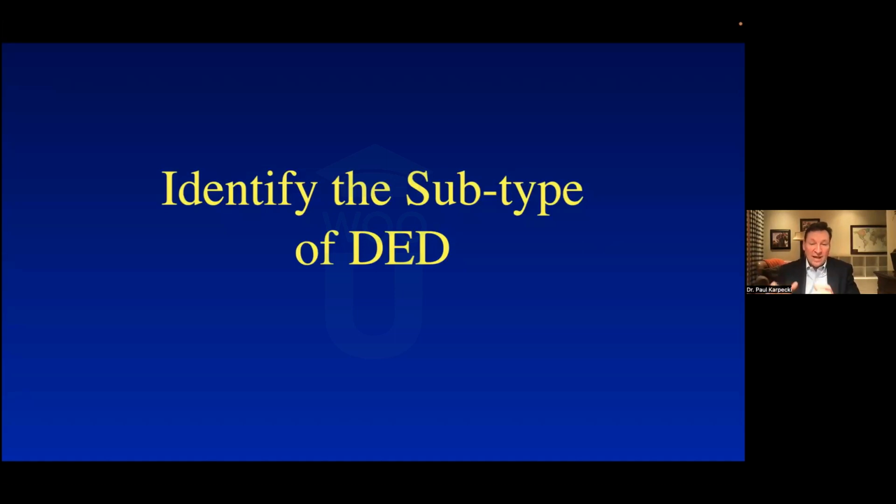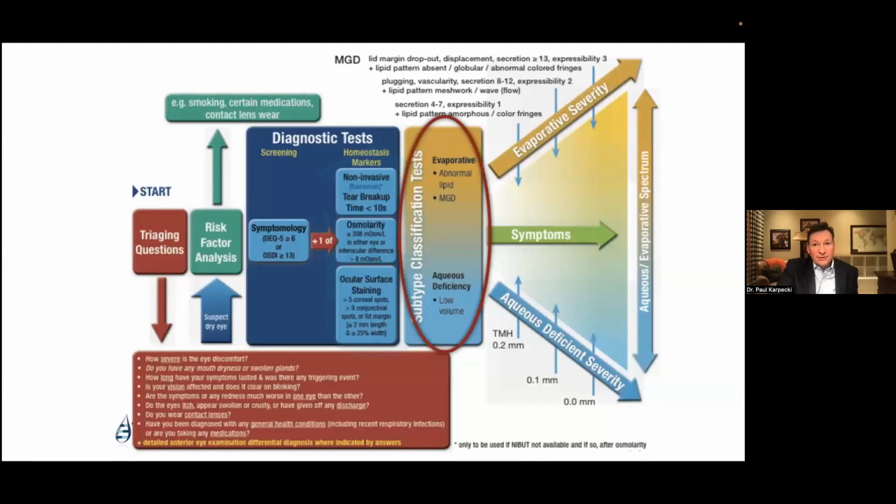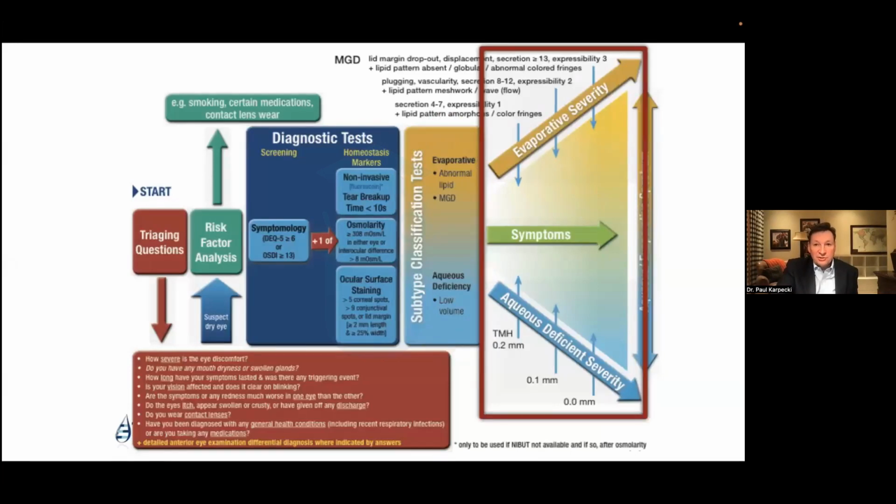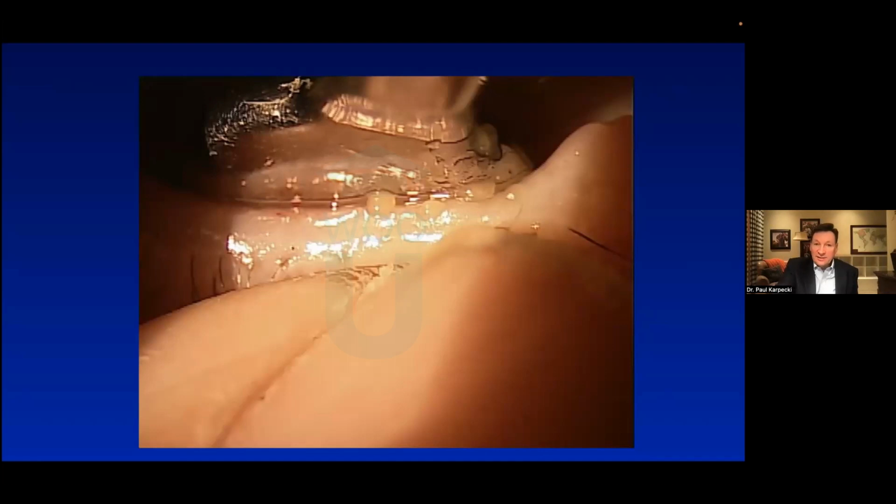So that's why after you know it's dry eye because of symptoms and one or two of these signs, breakup and staining, now you're saying, okay, what kind do I have? Well, the best test for evaporative, that means your meibomian glands are not working well, evaporative dry eye, is to do what? Well, it's right there at the top. That's expression. That's what that's showing. Again, you got to press on the oil glands.